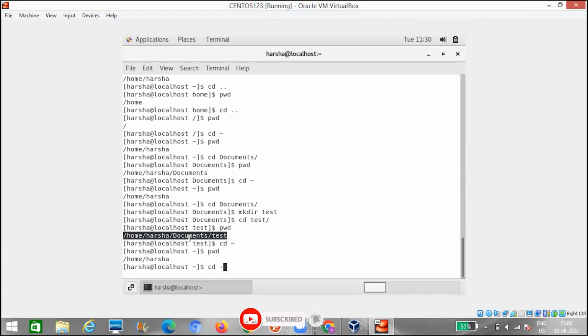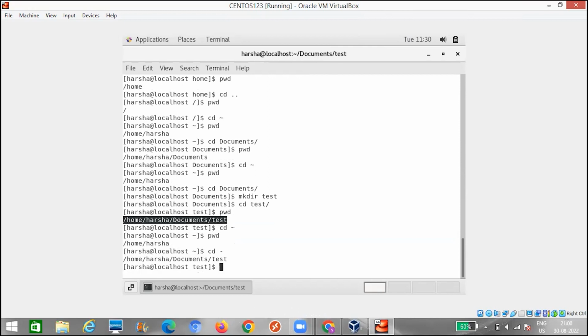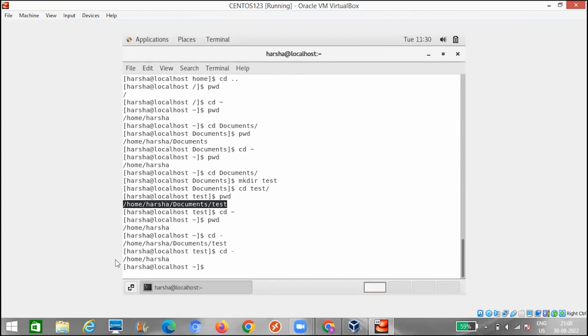Next, if I want to move back to /home/Harsha/documents/test, I need to give just cd hyphen. If I do cd hyphen again, I will be moving to /home/Harsha. In this way, if you want to swap across two different folders, you can use the command cd hyphen.